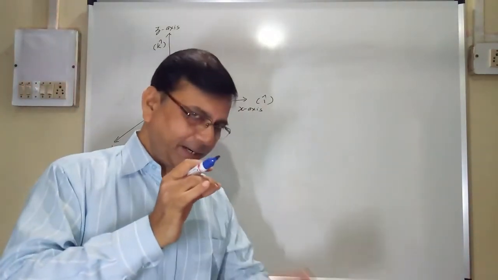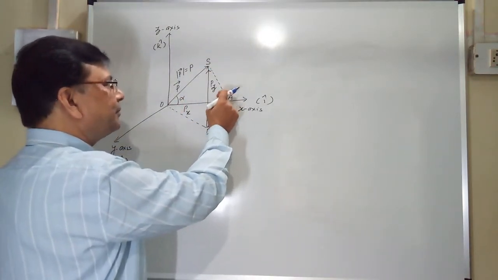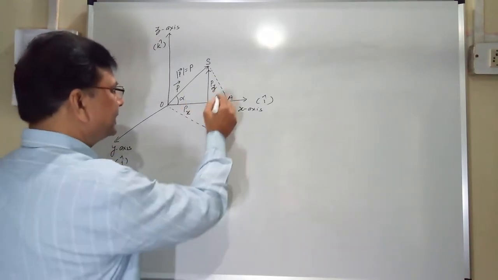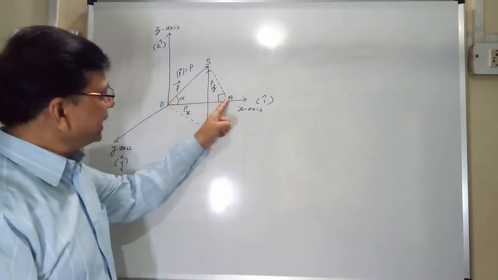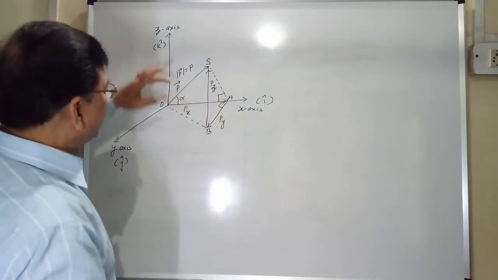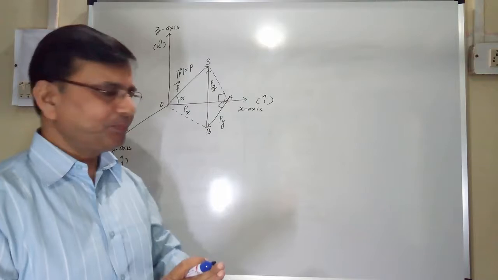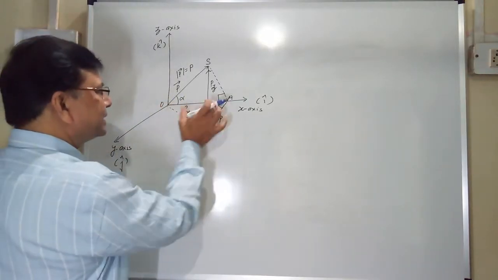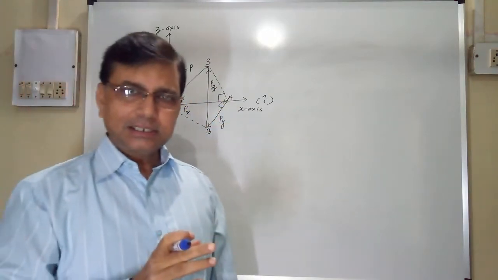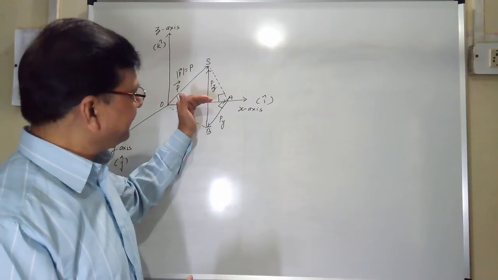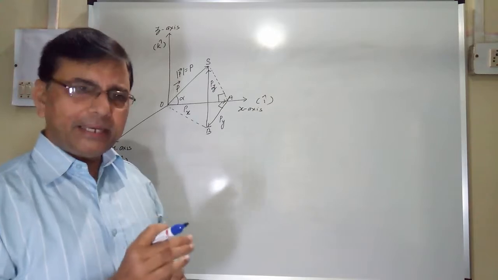This is perpendicular. Perpendicular is dropped, which means this is 90 degrees on this axis. This is 90 degrees, right? And the angle it makes along the x-axis is alpha. If we see the previous case in 2 dimensions, suppose it is px. So px will be equal to p cos alpha, because this is measured along the x-axis. So px is equal to p cos alpha.